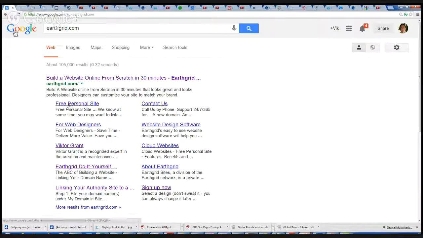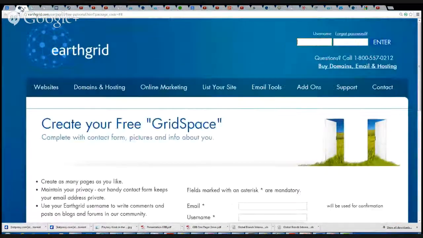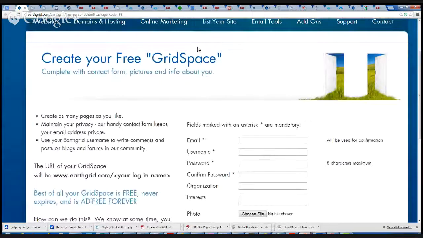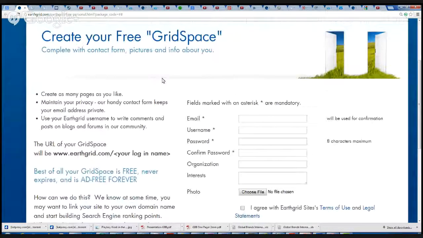I recommend you go create 2 accounts with us. Why? I think you should have several. Number one, I invented this thing many years ago. I called it the grid space. We actually were doing that right around the time when MySpace was coming out. And the idea was to give people a very simple 1-page or several-page site, up to 10 megs of space. They can upload their photos and links,